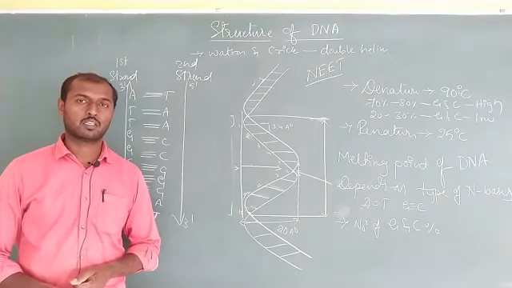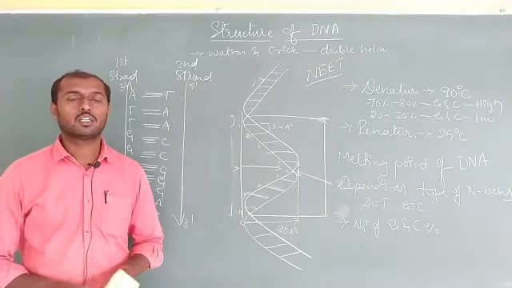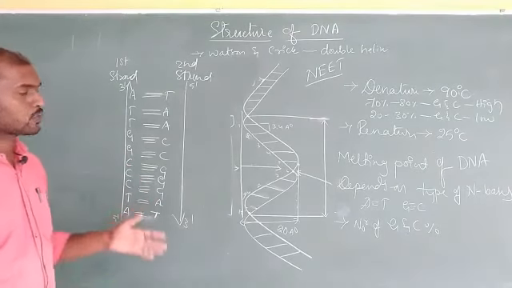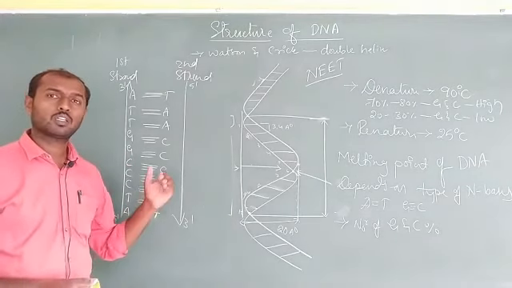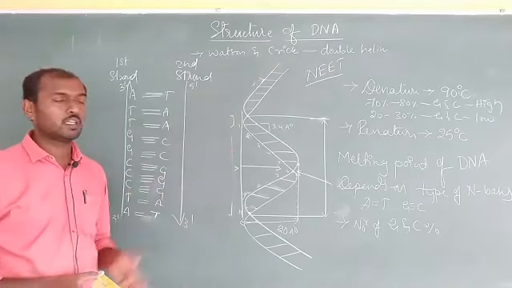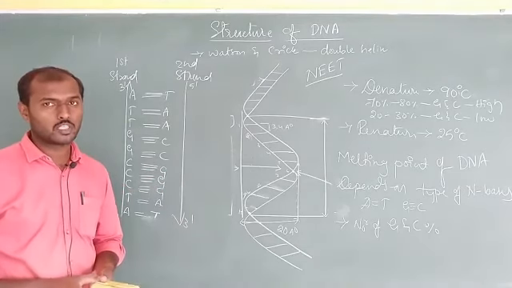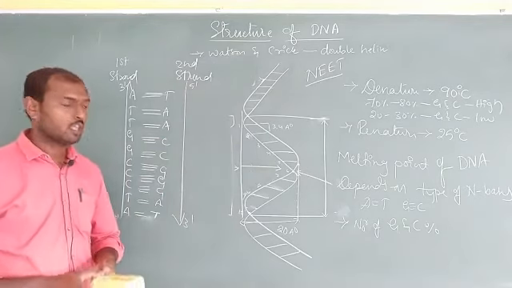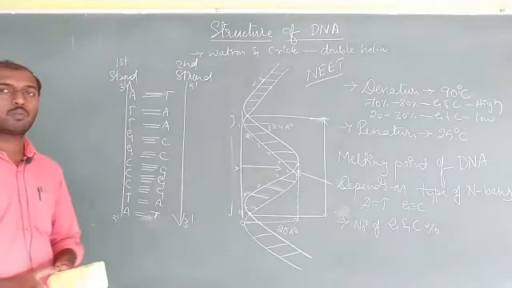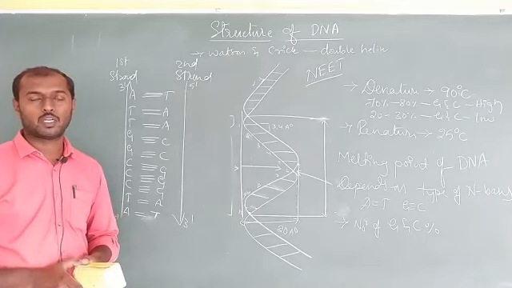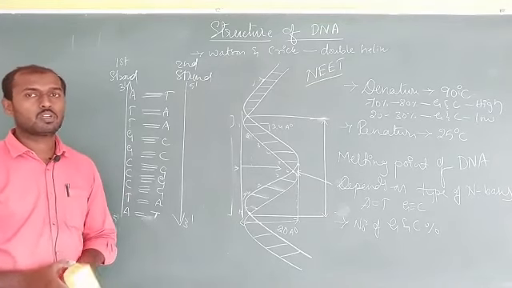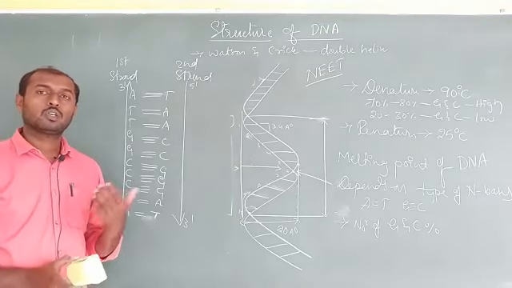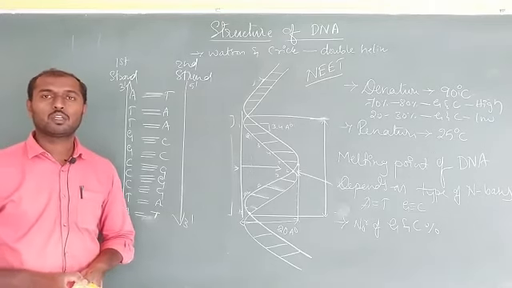So this is about the DNA structure, the types of DNA and the properties of DNA. There is renaturation as well as denaturation, the melting point variation, as well as the construction of DNA by knowing one strand. So this is about the DNA structure. In the next class we are going to study how actually the DNA is